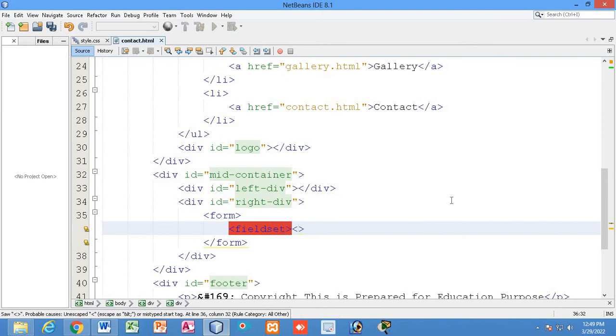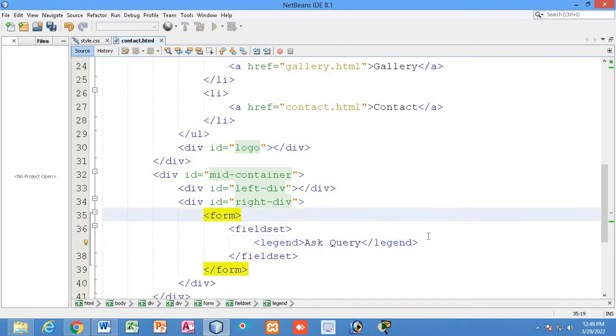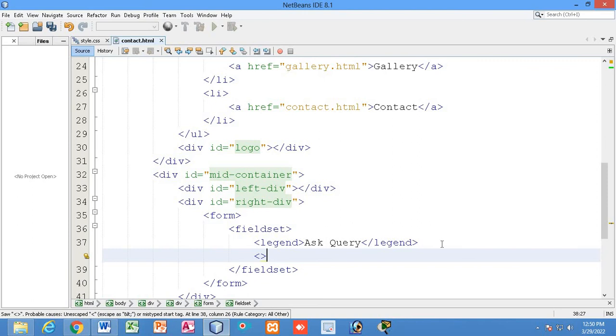So field set. Inside the field set we will have the legend, ask query. So I have written ask query. So this will be the form, and inside the field set,